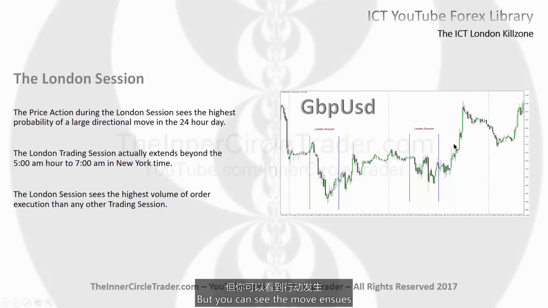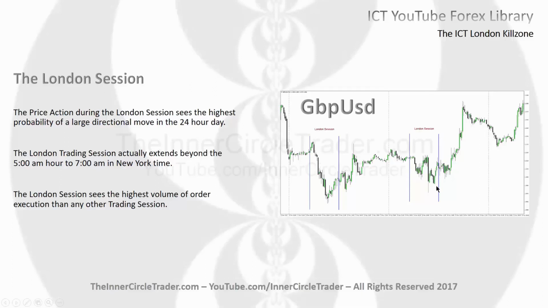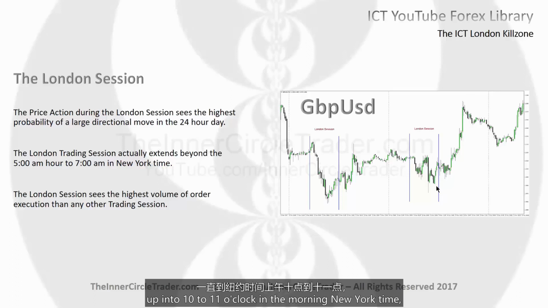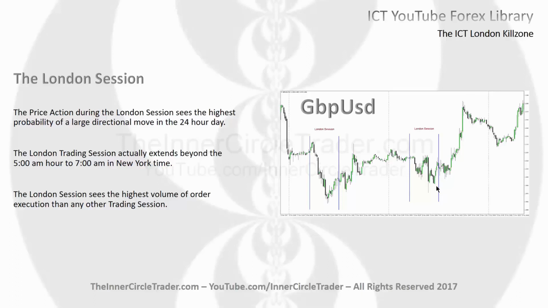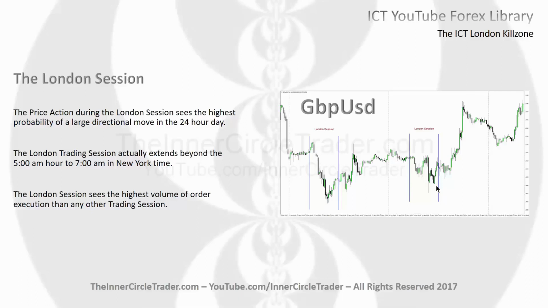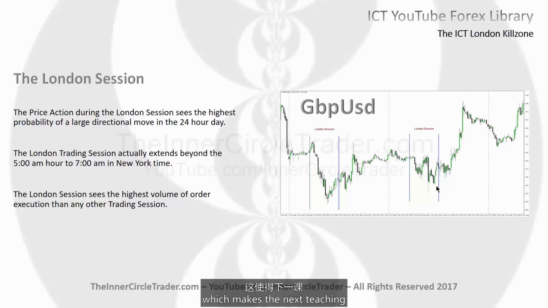But you can see the move ensues after the crossover from the London session and then the beginning of the New York session. Now, the London session technically extends even beyond 7 o'clock in the morning up into 10 to 11 o'clock in the morning New York time. Okay, so basically it's 3 o'clock in the morning New York time to 11 a.m. to noon, all relative to New York time. Okay, so there's an overlap of New York and London trading,